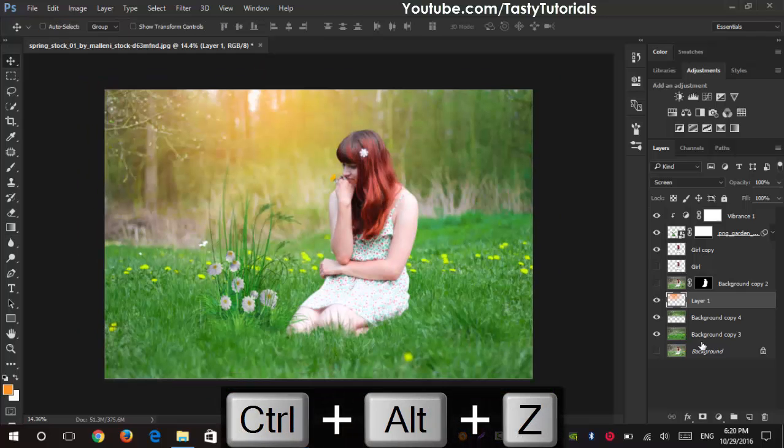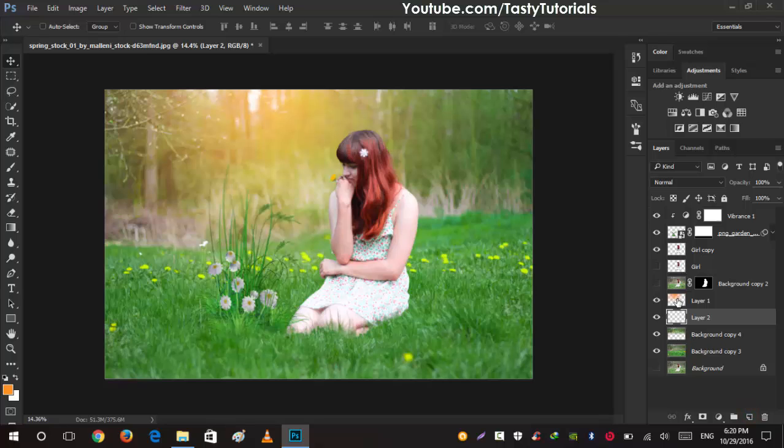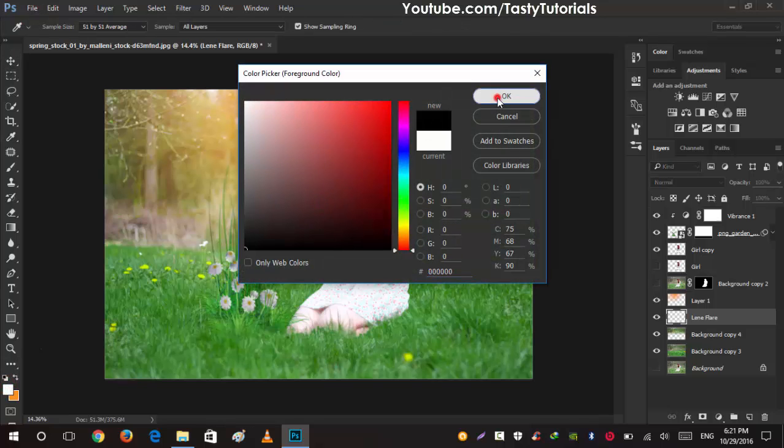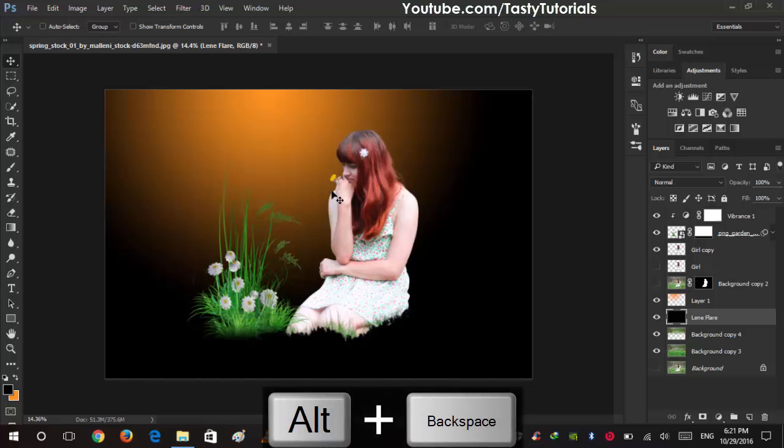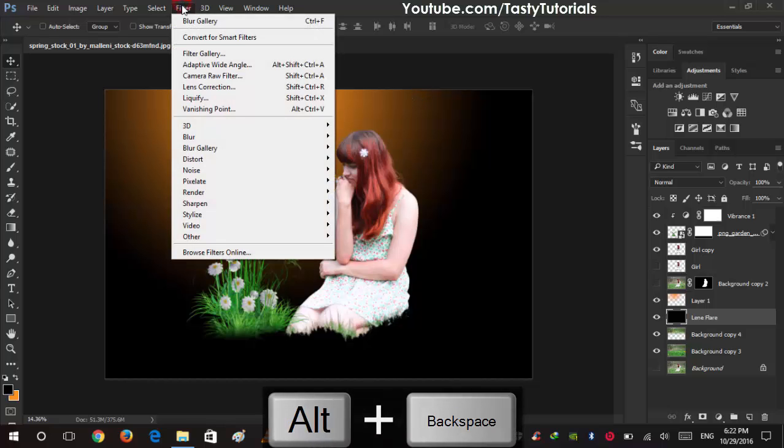So create a new layer right under this color layer which we have just applied. And what we'll do next is, for creating this layer right under this layer, we'll just press Ctrl and click on new layer. We'll create it under the layer. So just change this color to white, and then we'll change it to black and press Alt plus backspace to fill it with foreground color, and go to filter,